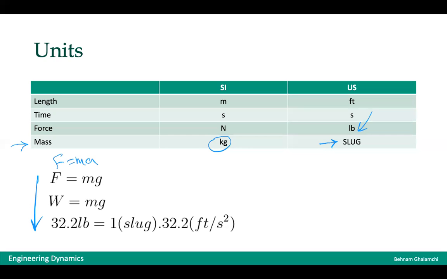When we are talking about the weight, it is equal to mg, where g is the gravity acceleration. So this is telling us that 32.2 pound weight